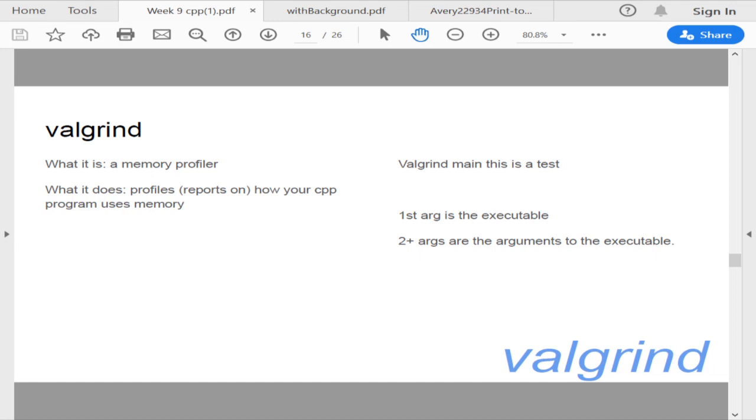Valgrind. So what is Valgrind? It's a memory profiler. What is a memory profiler? Good question. It is basically a reporting tool that gives you a picture or a profile of how your app is using the memory that it has allocated to it. So you can look for all kinds of problems, memory leaks,